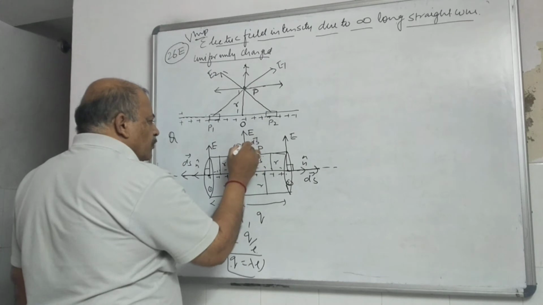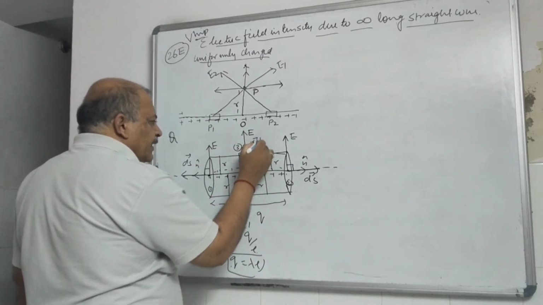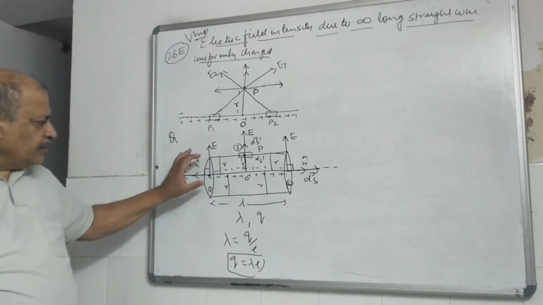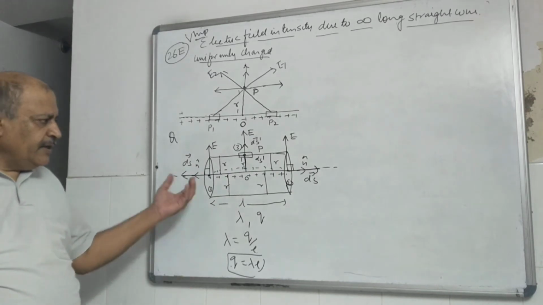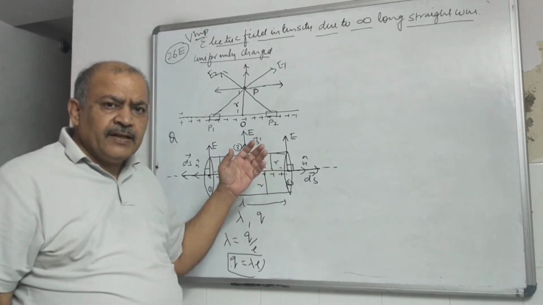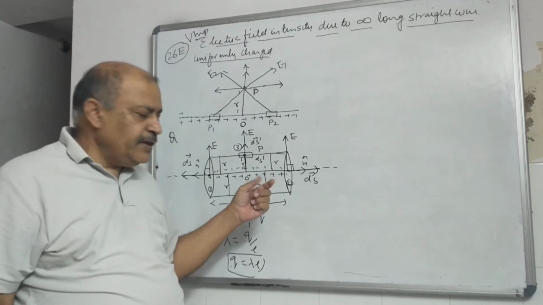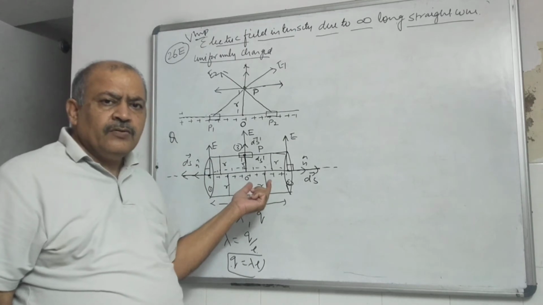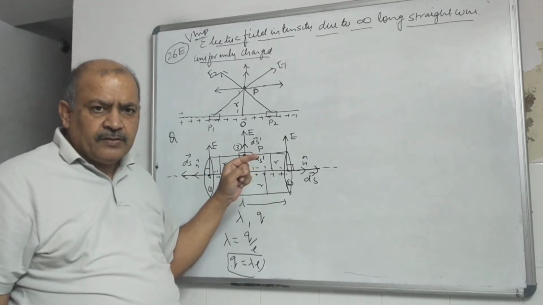This will be in outward direction. You want to change the symbol, you can write it as s dash, no problem. So these three surfaces will contribute in the flux. And you know what is Gauss law? Gauss law states that the total electric flux coming out of an enclosed surface enclosing a charge Q is equal to the product of charge multiplied by 1 upon epsilon.